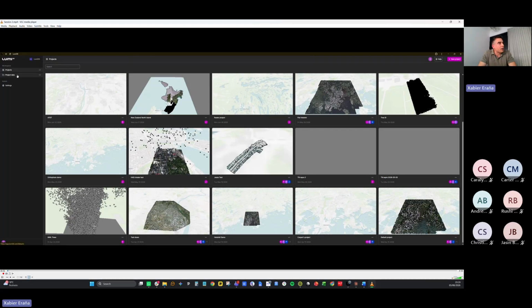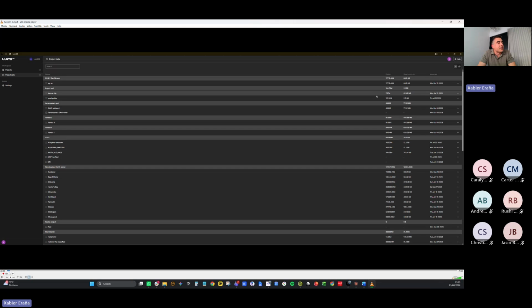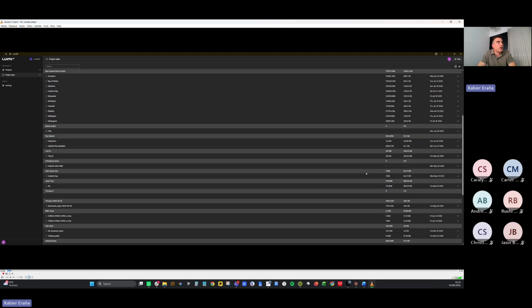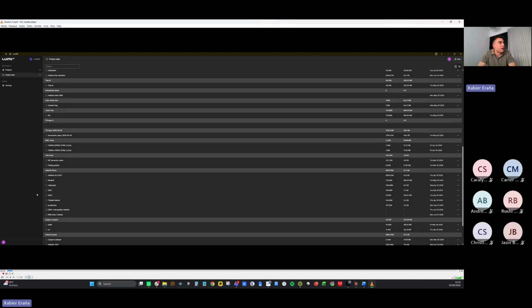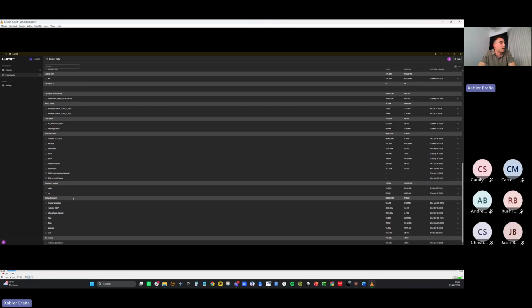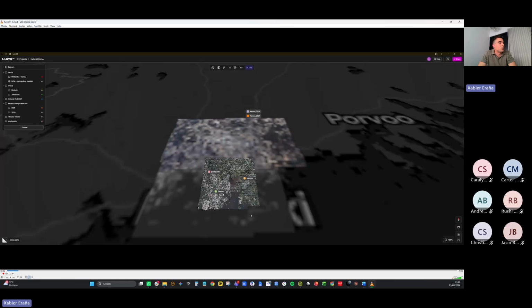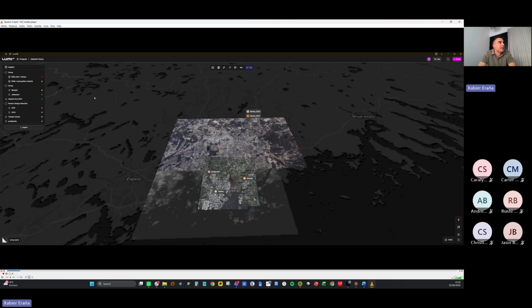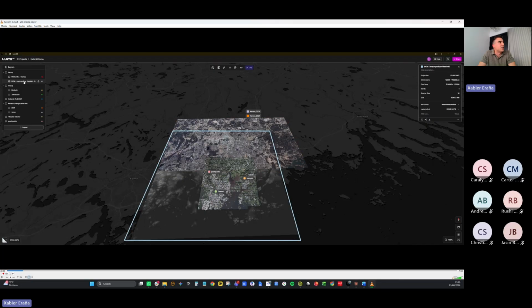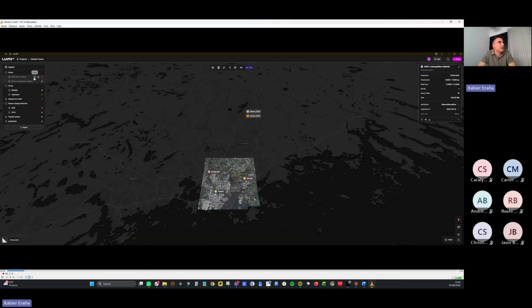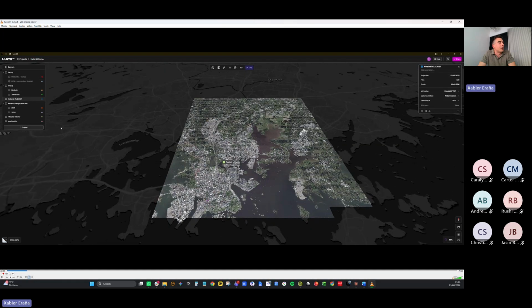So we are now in the control panel of LumiDB, where we can see all the projects and the size of each of the projects. So we have currently 20 different projects that contain different datasets, from point clouds to rasters and also vectors. I'll go straight on to my Helsinki dataset, and we have an orthophoto there. We also have a digital elevation model now displayed. I will hide them as I will focus today in point clouds. The data is courtesy of the city of Helsinki, by the way.